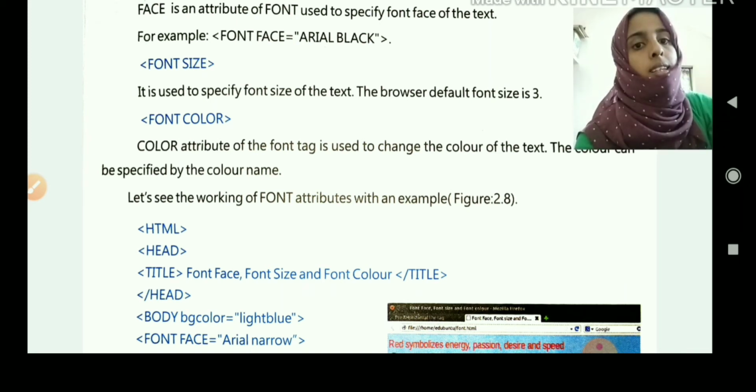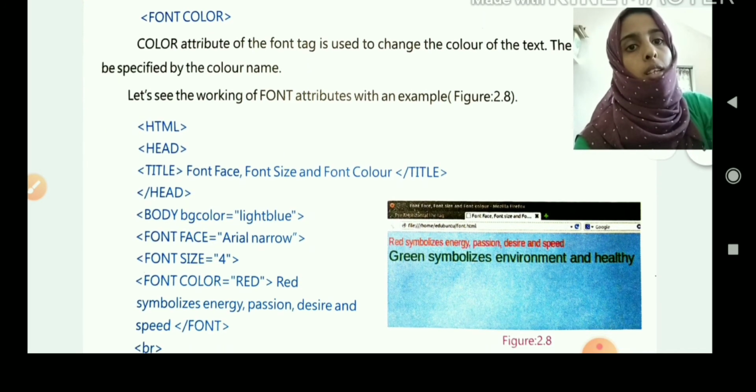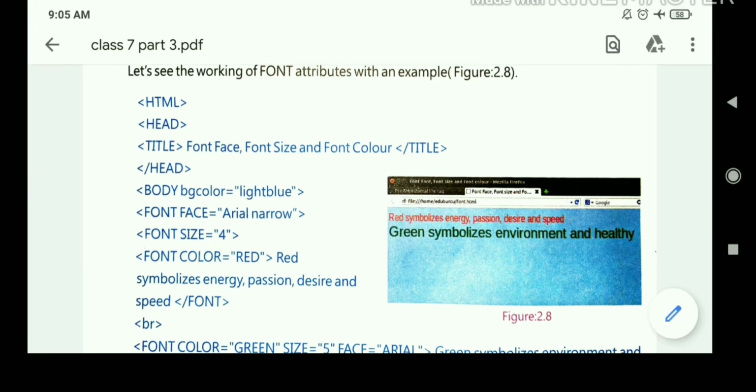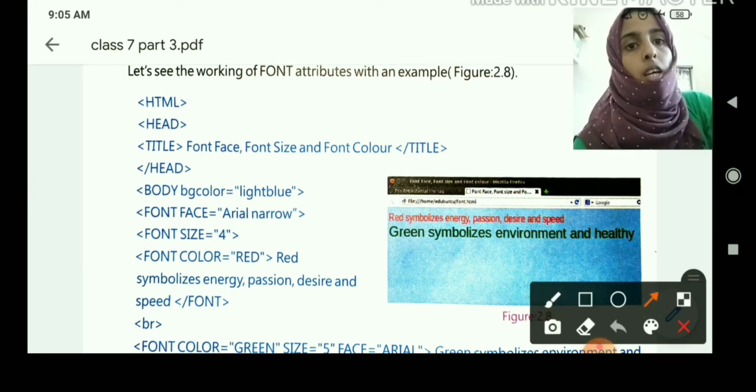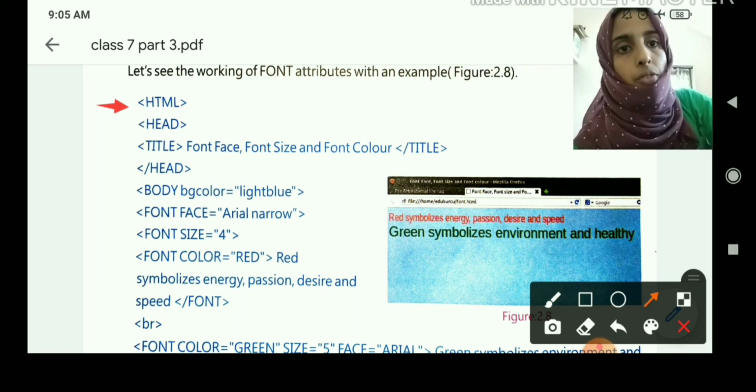Then let's check a sample program for the font tag. Every HTML program starts with an HTML tag, and within the head tag we can write the title of the web page, that is font face size and font color.